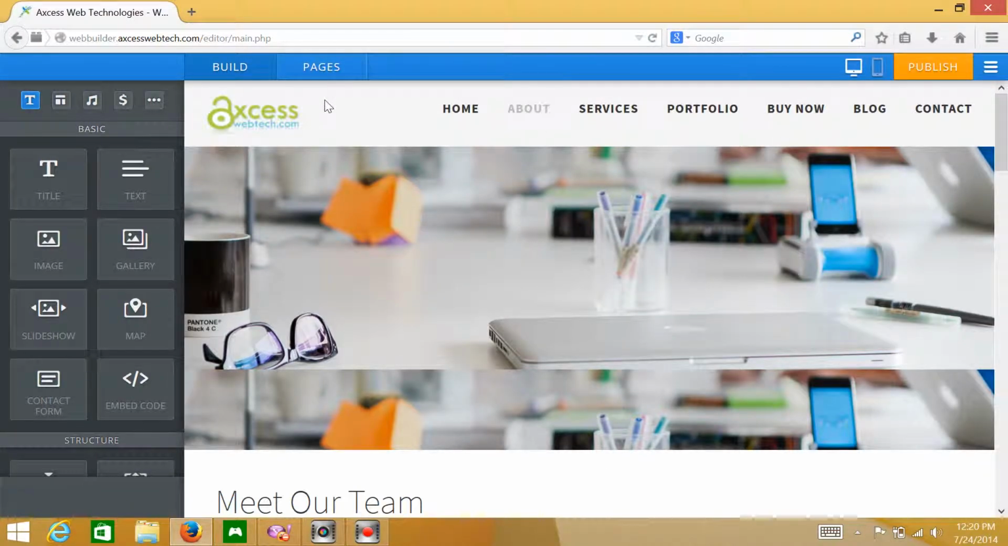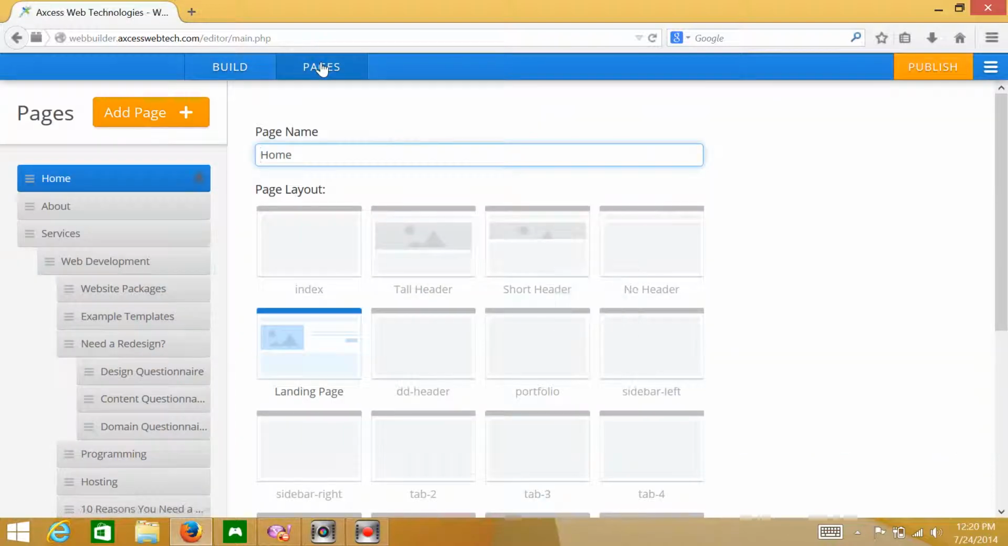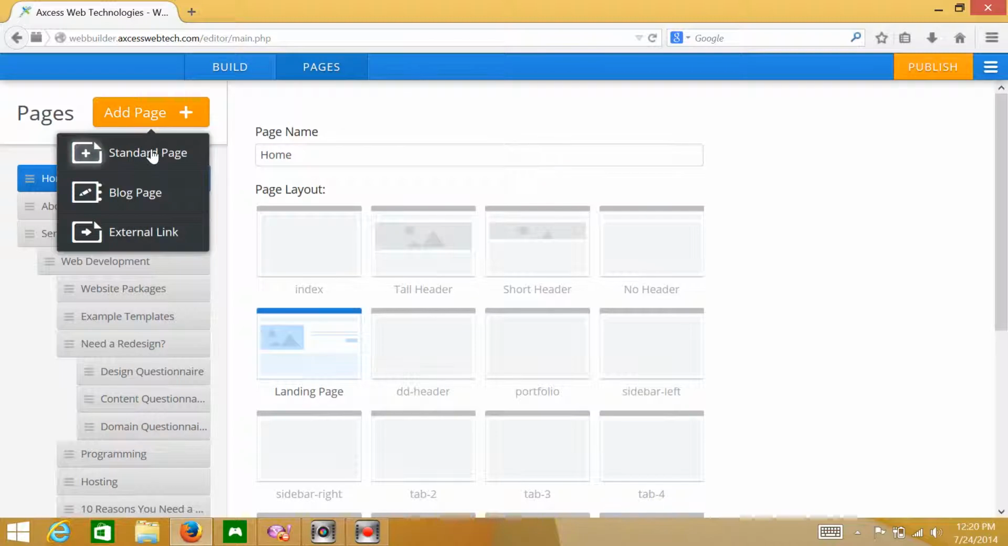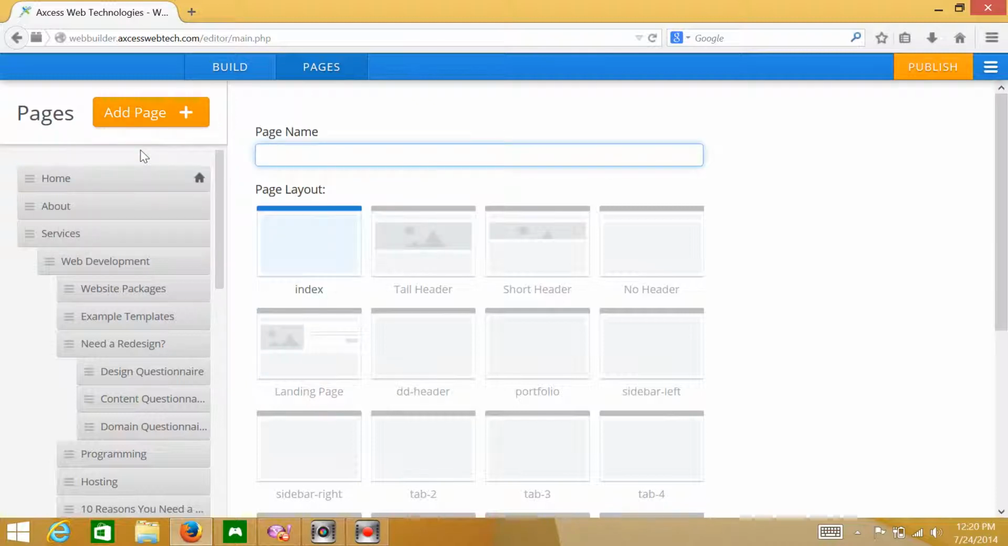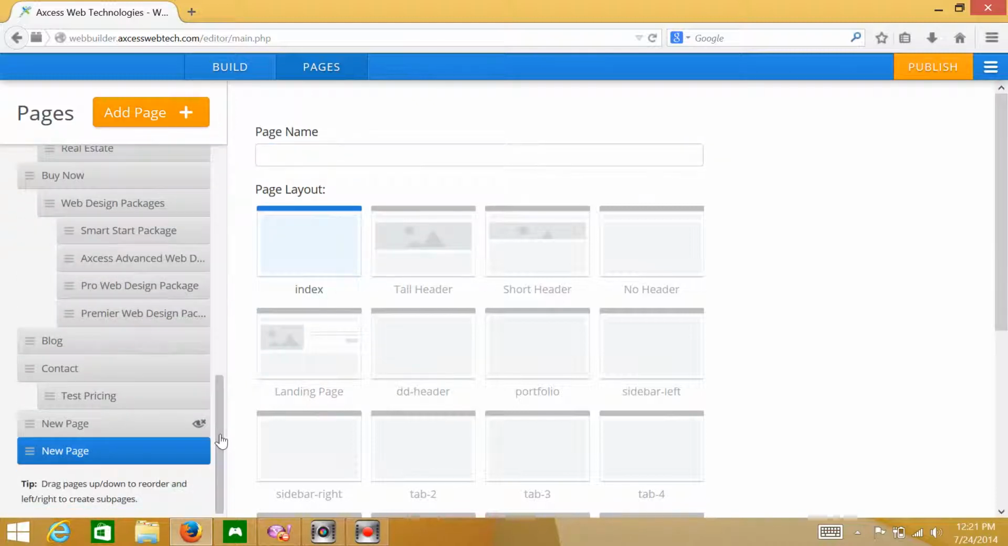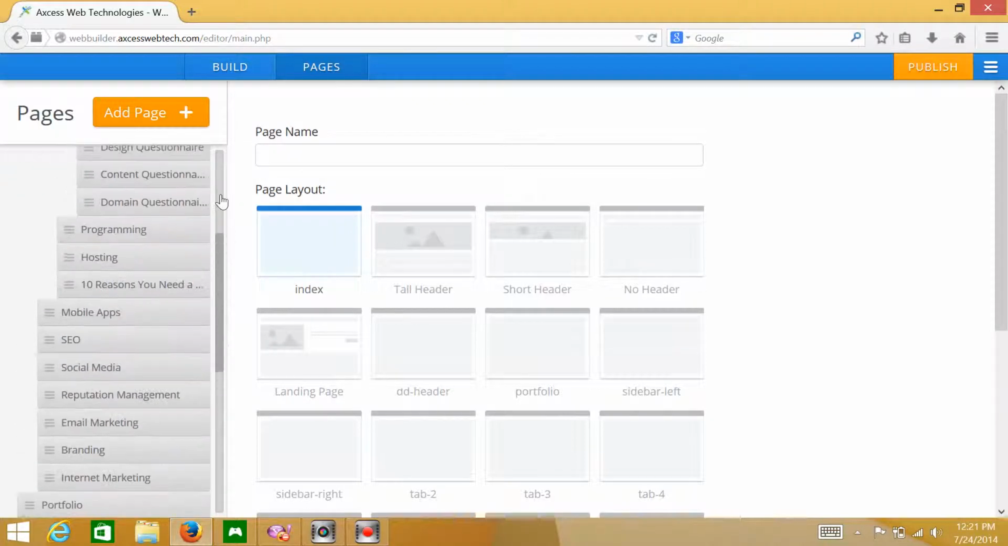So some of you, this may not be turned on, but all you have to do is just email us and let us know you want to add new pages, and we'll turn this feature on for you. So you click on Pages, click Add Page. You can do a blog page, standard page, external link, but the most common is going to be just a standard page. You'll see it's going to show up at the bottom here,